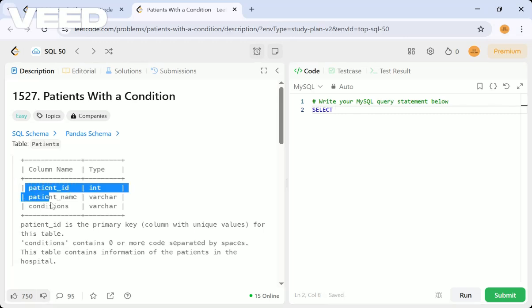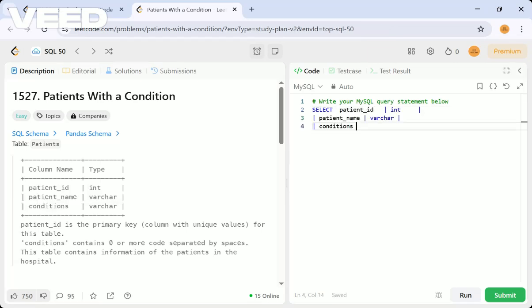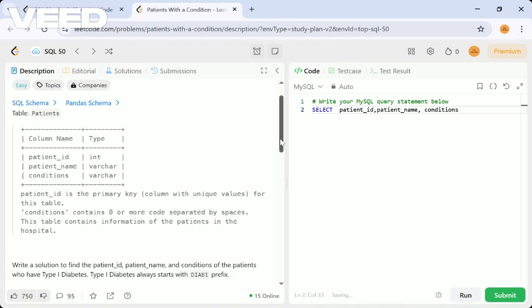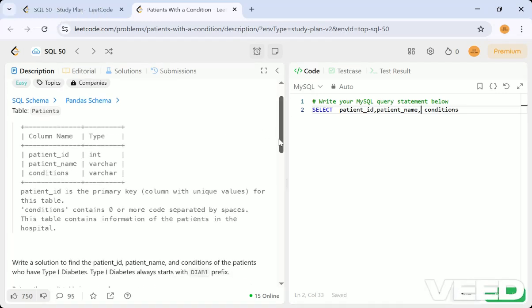Patient ID, patient name, and conditions, right? That much only, from the Patients table.